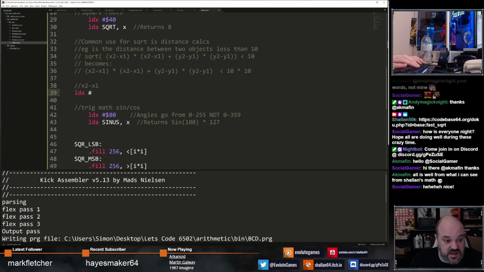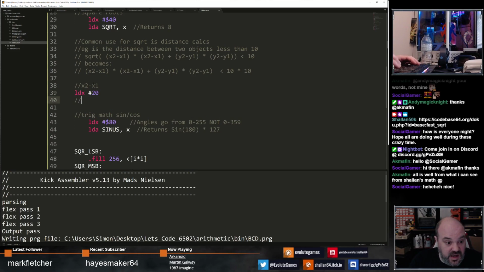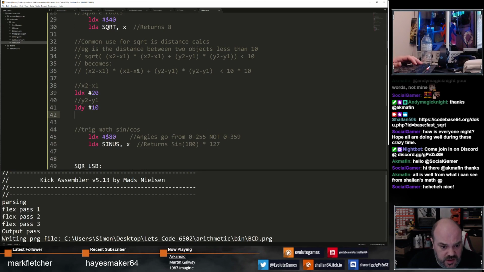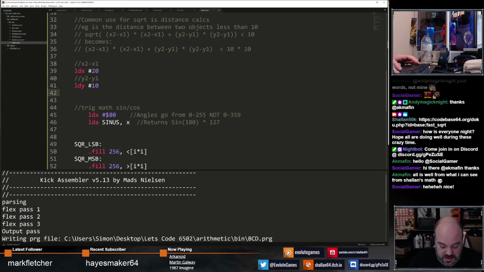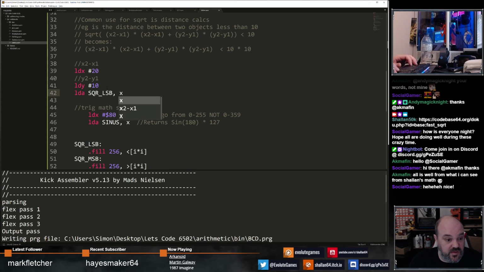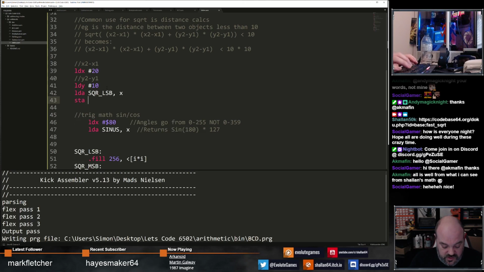And this value is now 20, for instance, and y2 minus y1 is 10. You would always work out which one's higher than the other one and do it that way around. But let's say we pre-calculate these. It wouldn't be with LSBs, would it? Well, these are definitely going to be more. So first of all, we take the square of this one, store it at, let's call it